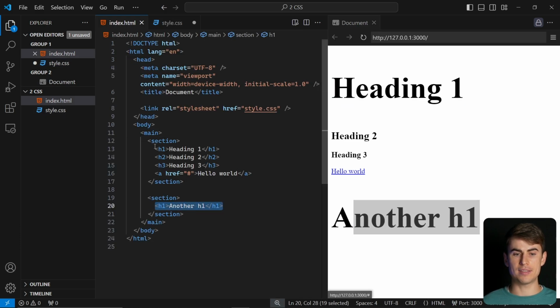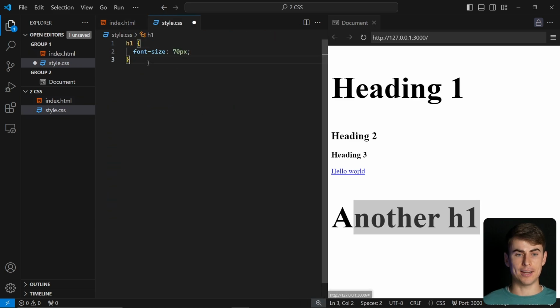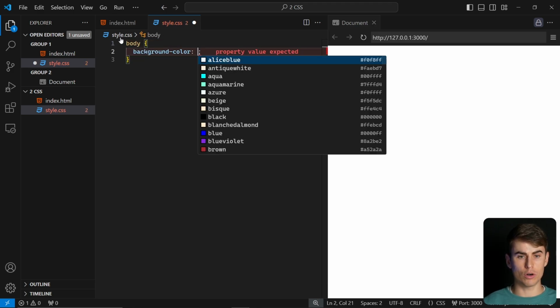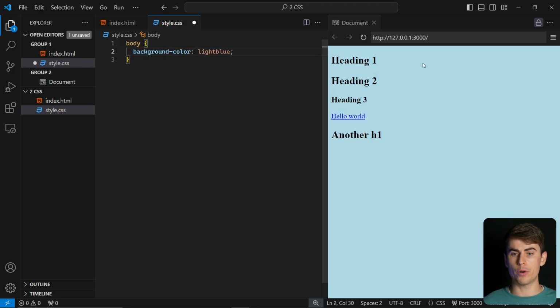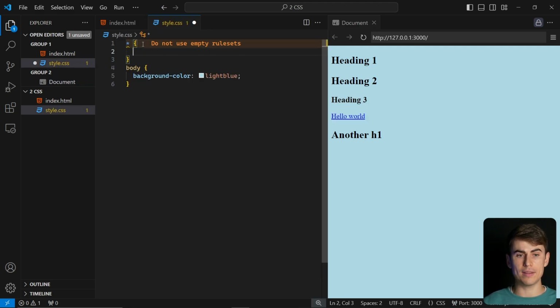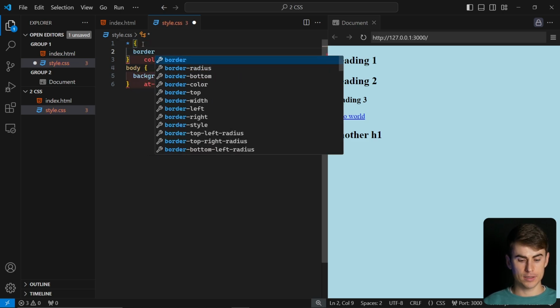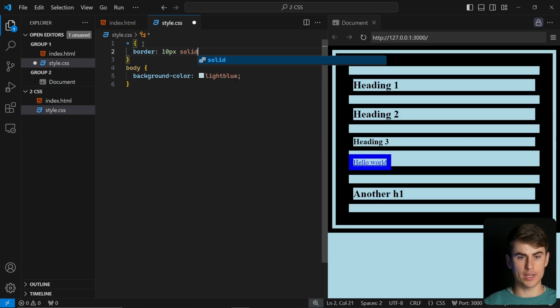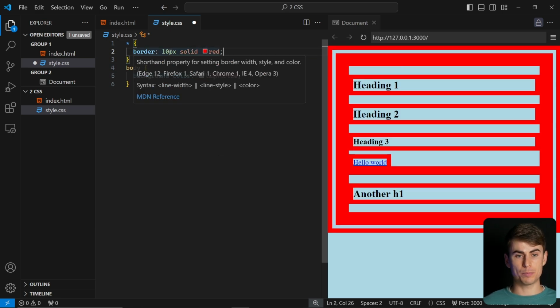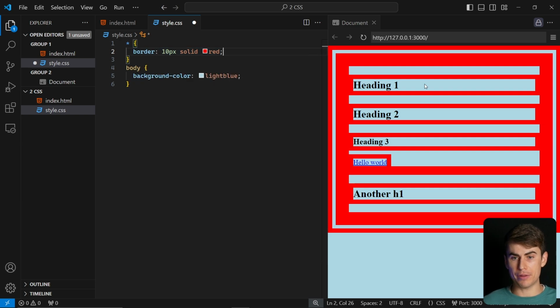This H1 and this H1. This is a type selector. We even have a body selector for the whole body, so we can add a background color of light blue, for example, so it adds to the background. This is to select the whole document, and we can add, for example, some border 10 pixels solid red, and it adds a border of 10 pixels to everything it's being applied,